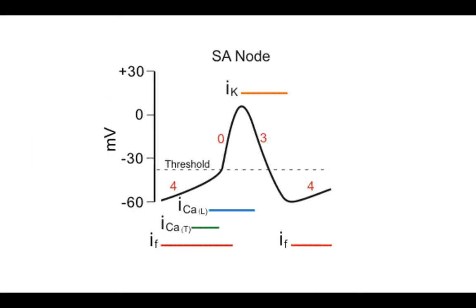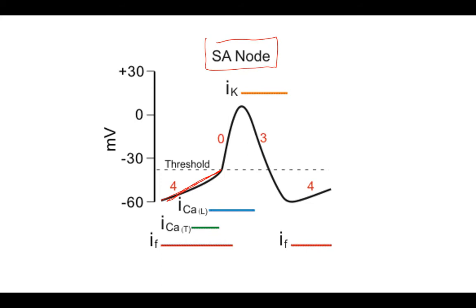Now let us see the action potential in SA node. What is happening in SA node? In SA node, we don't have phase 1 and phase 2. Okay, we don't have phase 1 and phase 2. We have phase 4, phase 0 and phase 3. Phase 4 is called the pacemaker potential. What is pacemaker potential? All the rhythmically discharging cells maintain a potential difference that automatically reaches threshold, and this potential is called pacemaker potential.